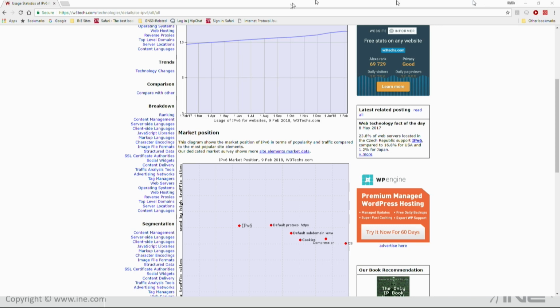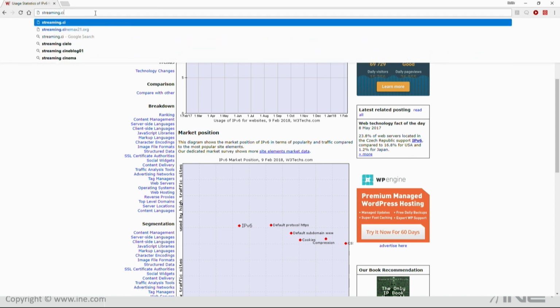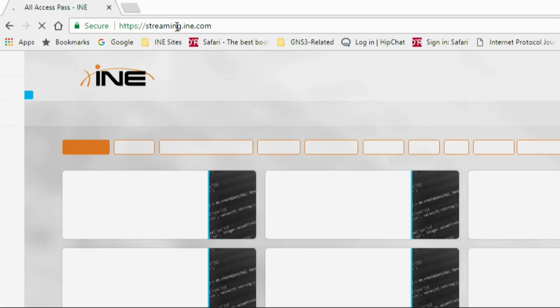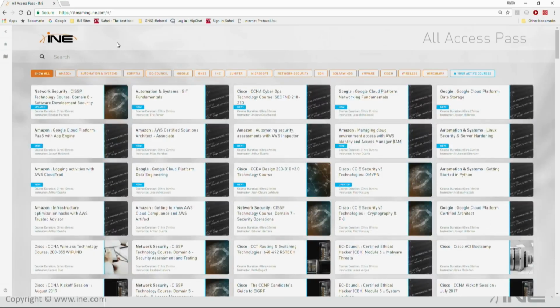So if you go, and you don't have to be an INE member to see this, any of you can do this if you pull up another tab. Go to streaming.ine.com. Let me expand this a little bit here. That's available to the public, and from there you can see all the courses we have. And in the search field here, if you just type in ICND,